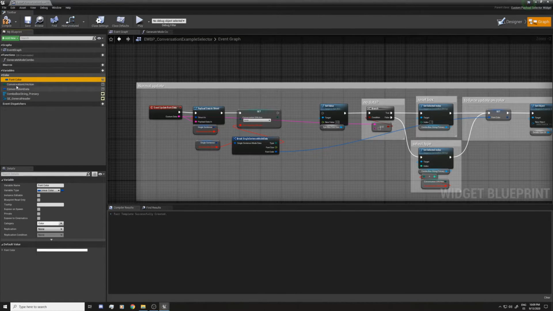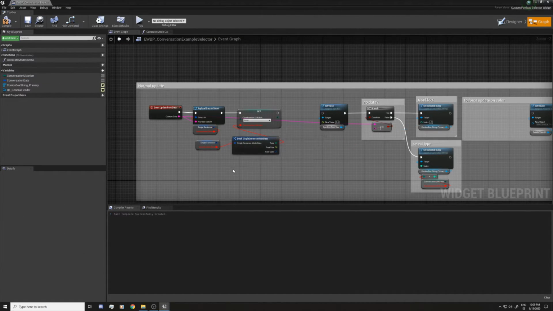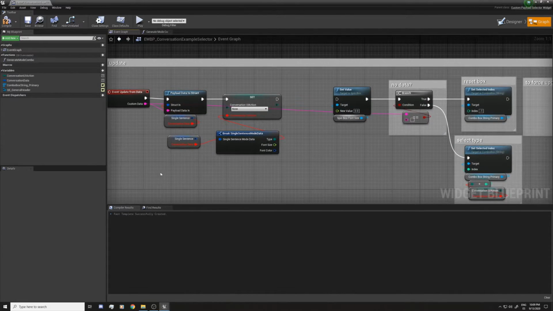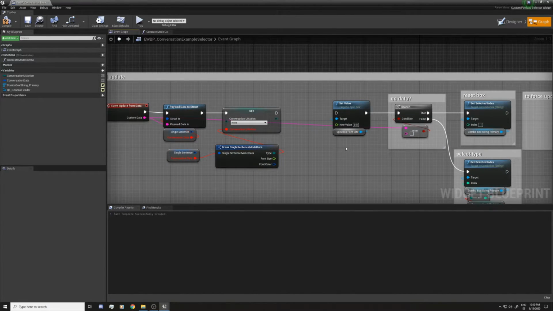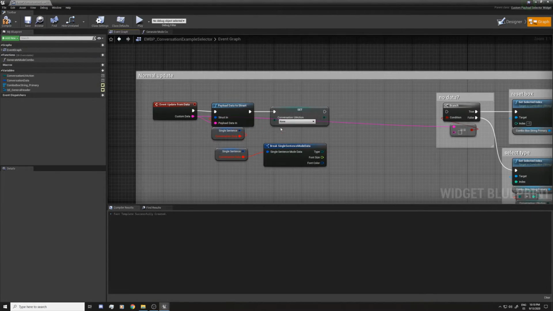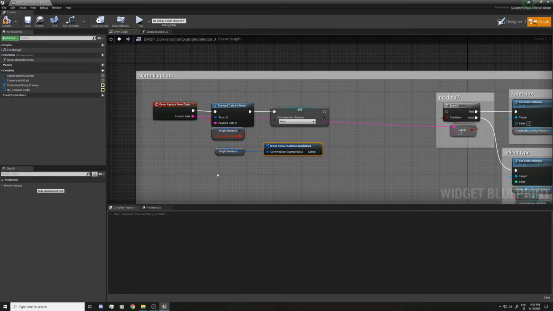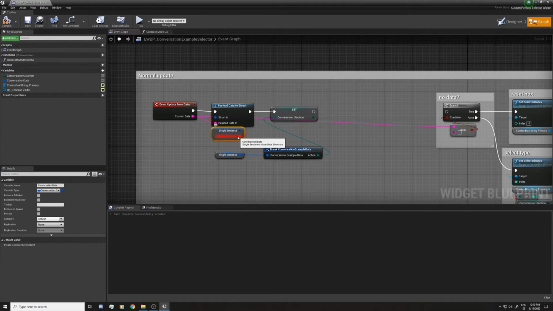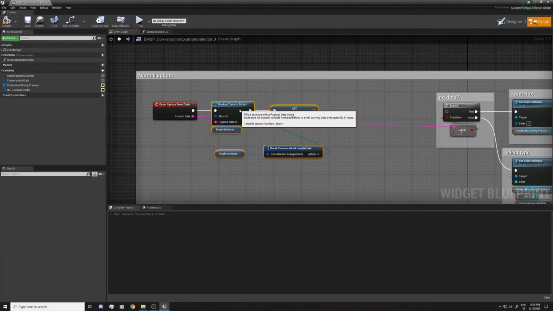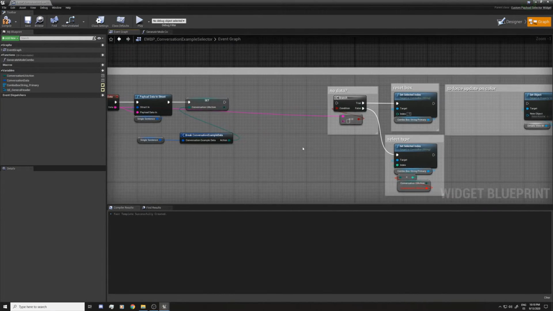I'm not gonna need the color. I'm gonna delete it too, and we're gonna try to fix these nodes. So this was for the float. I'm not gonna need it. This is not needed anymore. This either. I'm gonna break this one, and you see this is the structure that we created. It has only a numerator. We're gonna set it, and for this one we use the new structure. So that's the same, it should go in a bit faster.